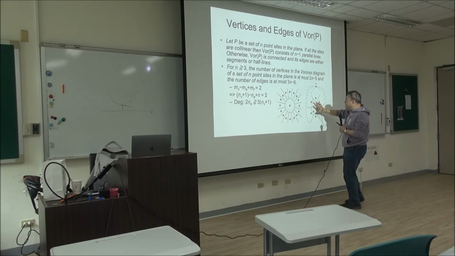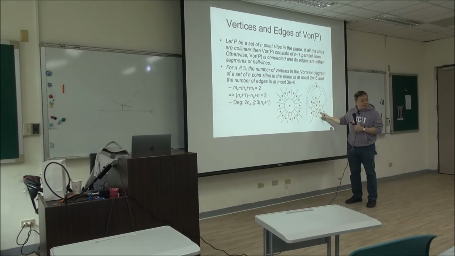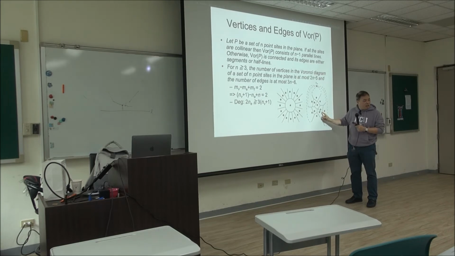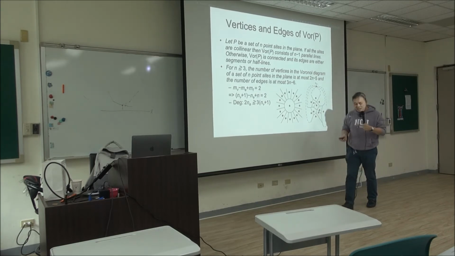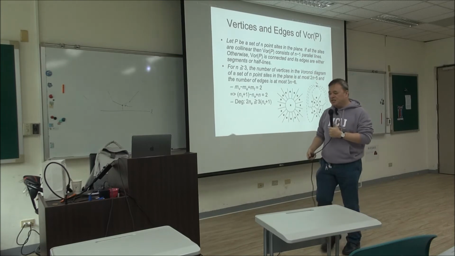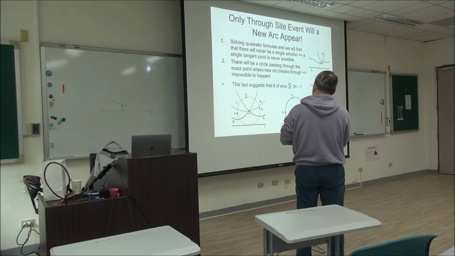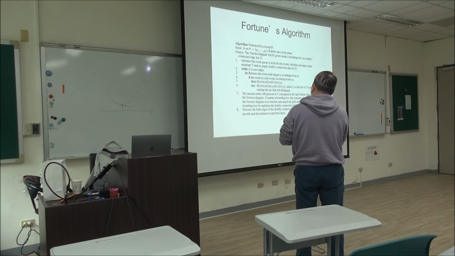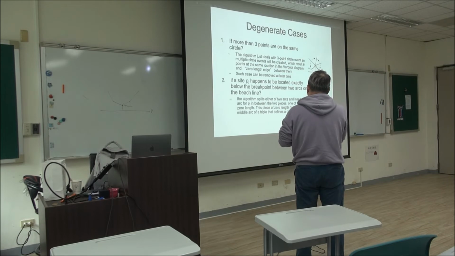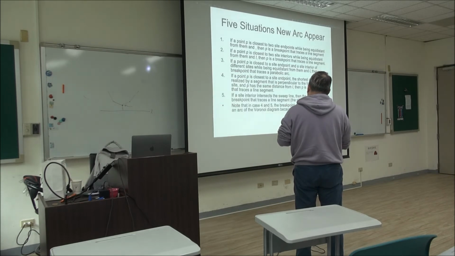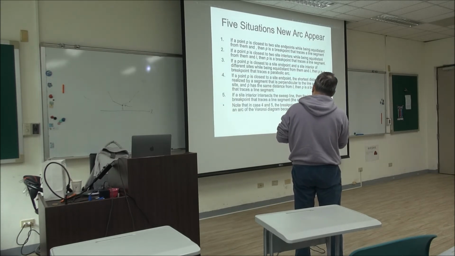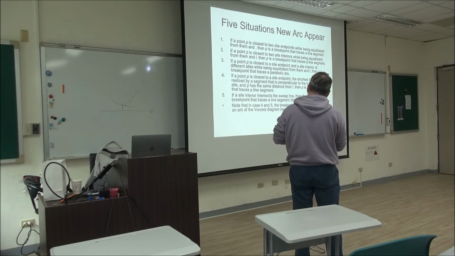You can see all these are line segments. But only the third situation doesn't trace out a line segment. The previous two cases trace out line segments, but the third case traces out a parabolic arc,